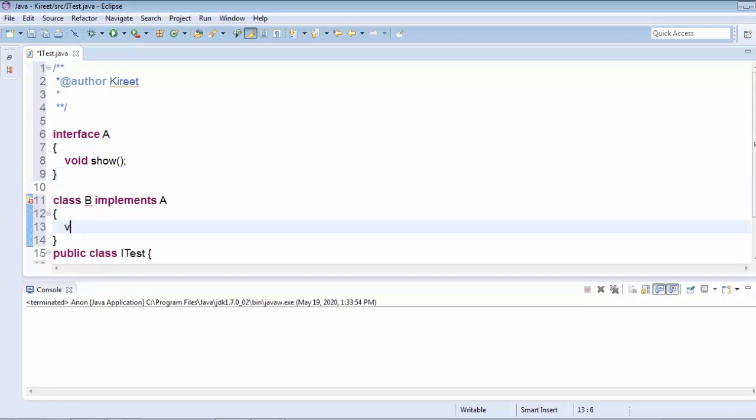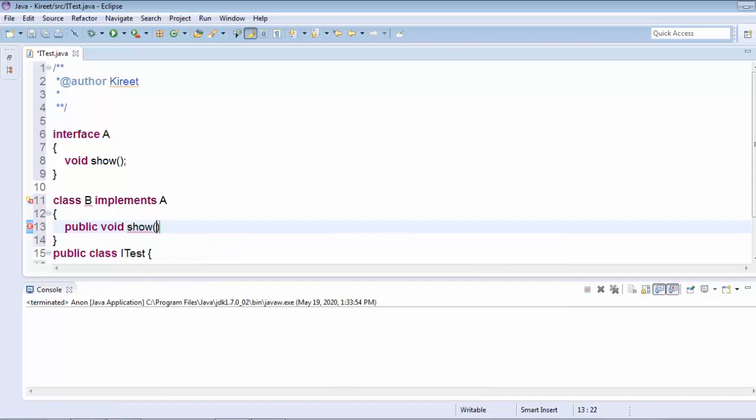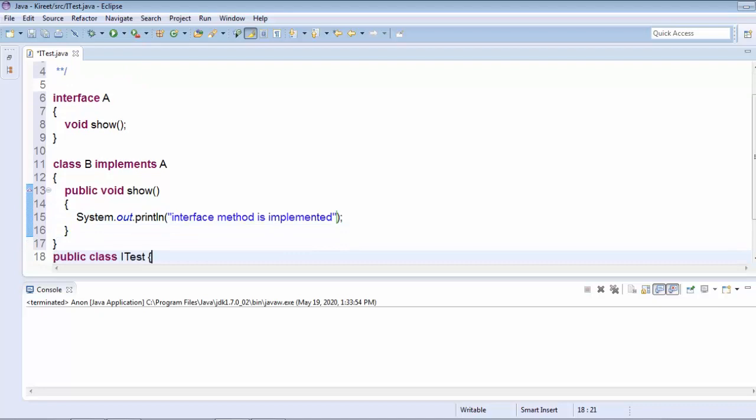We'll write public void show, and inside this we'll write a statement: interface method is implemented. Okay, this is now implemented.